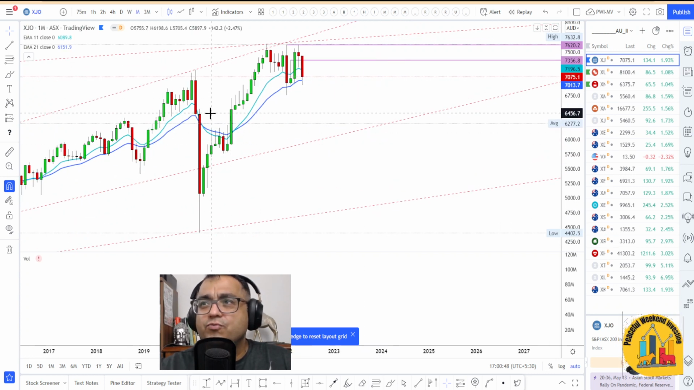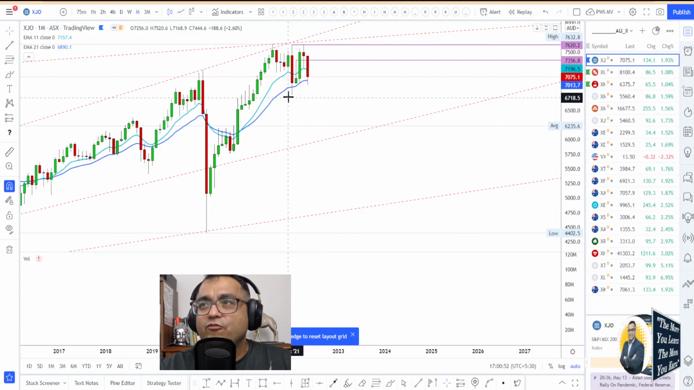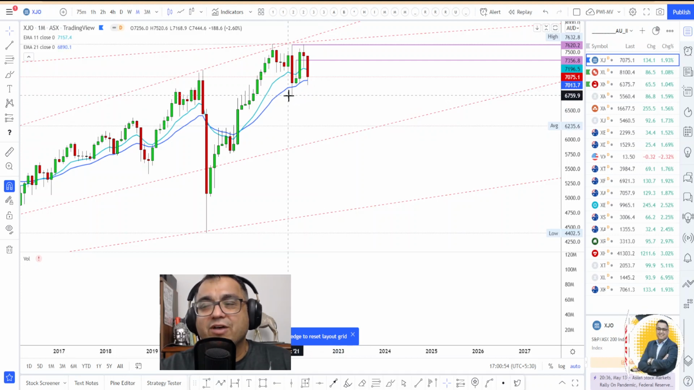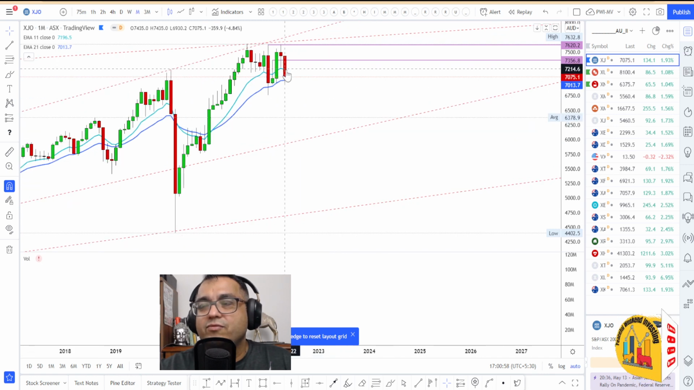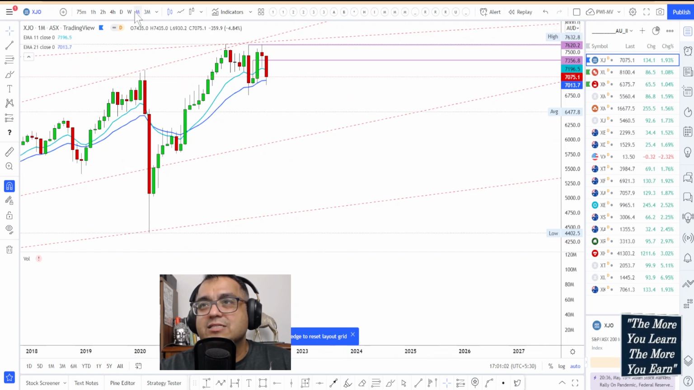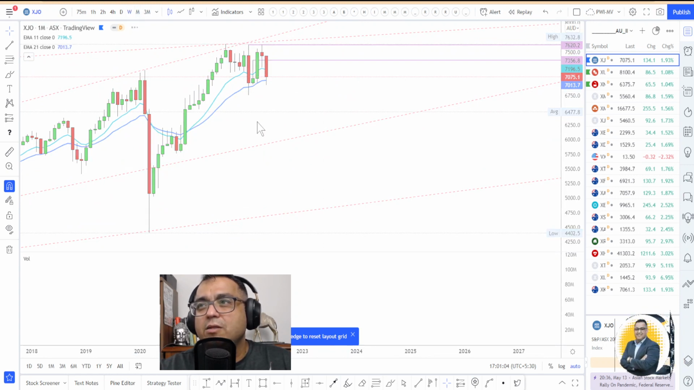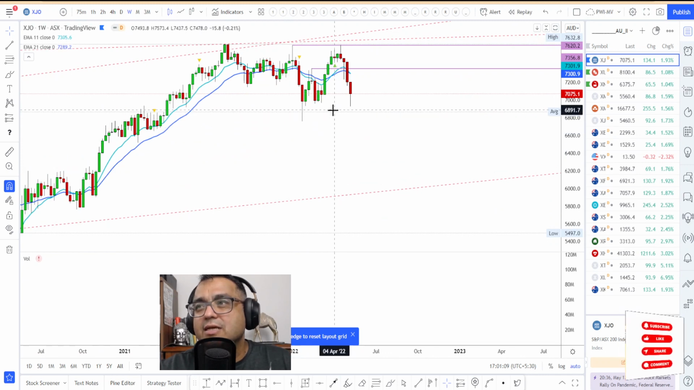I have always been focusing on these lines specifically, and I've said that for me 6,759 is absolutely a big stop loss, and thereafter the trend will completely change. Right now, as you can see, this is monthly data. Let's go to weekly data. On a weekly data basis, as you can see, it's kind of at the moment